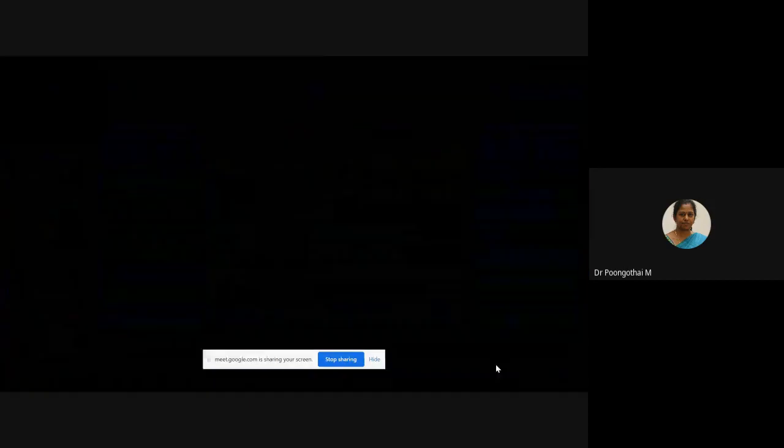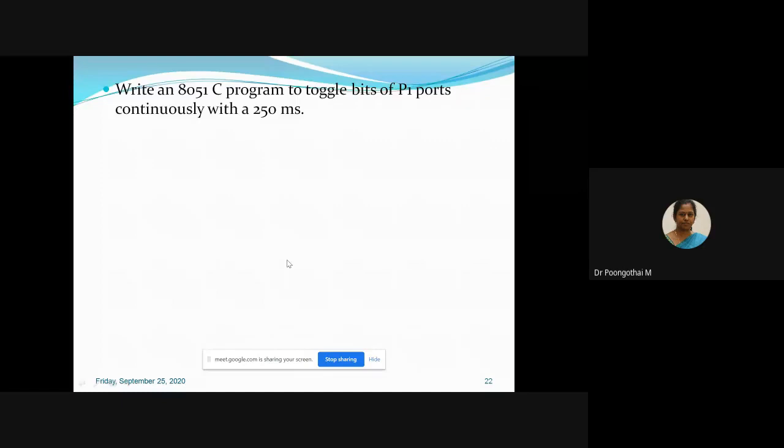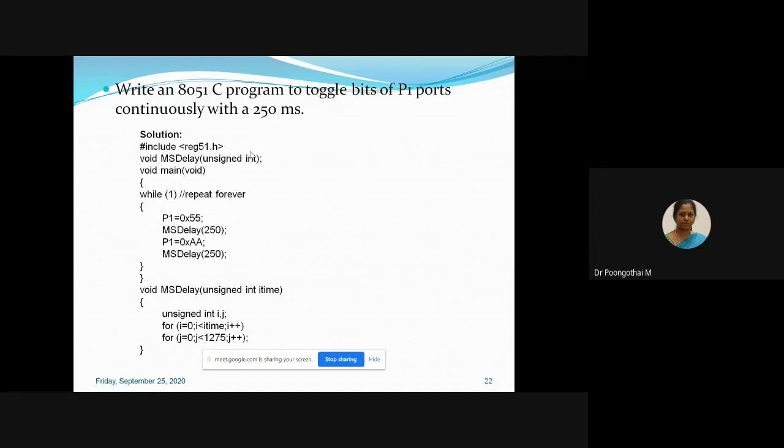So next program. The previous one toggles the P1 port with unknown delay. Here, write an 8051 C program to toggle bits of P1 port continuously with 250 millisecond delay. For that, we have to calculate some value. First include your header file and define a delay function here.